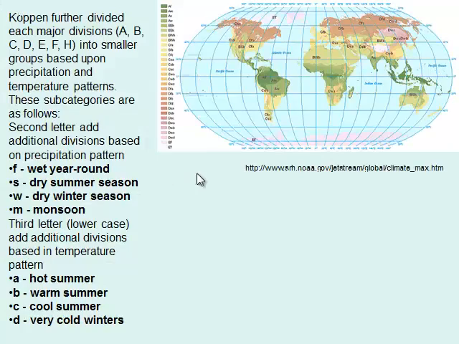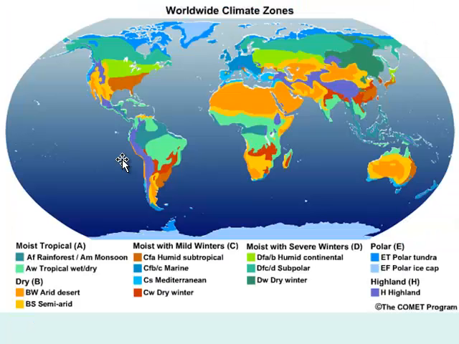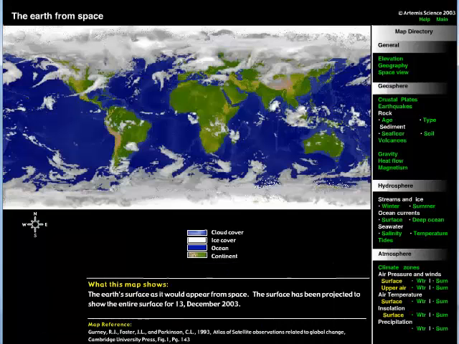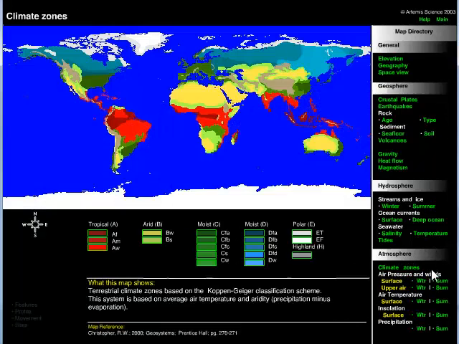This is kind of an overview. Again, we have capital letters and major divisions, and then we group them into smaller divisions based on specific characteristics. Here's just another view of this, and we see it's kind of broken up into the different climate zones here, the major ones and then the different ones within. You also have a link to this. And then there's another map you can check out, the GeoAtlas program that you have linked in the course information additional website area. You can click on climate zones over here under the atmosphere section, and then we can